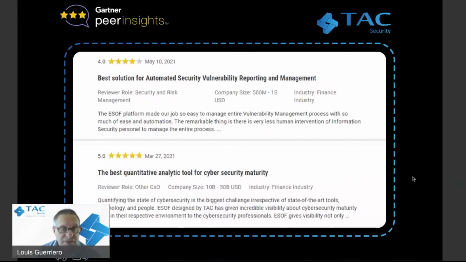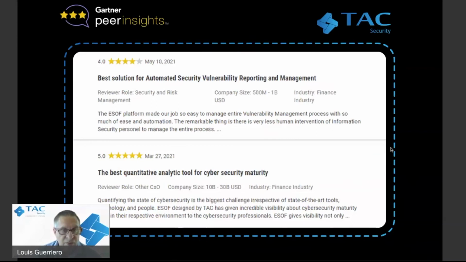So here are some other success stories. As you can see, we have one on top here that is a large company in terms of revenue size, and they're in the financing vertical space. I'm not going to read it word for word, but what they were looking for was ease of use to visually see their entire vulnerability platform management.